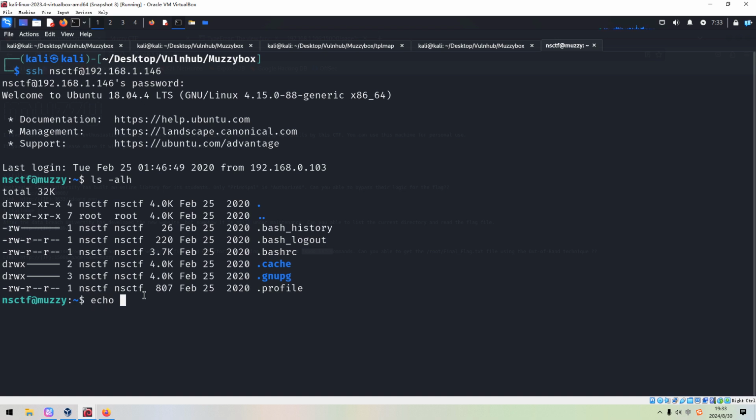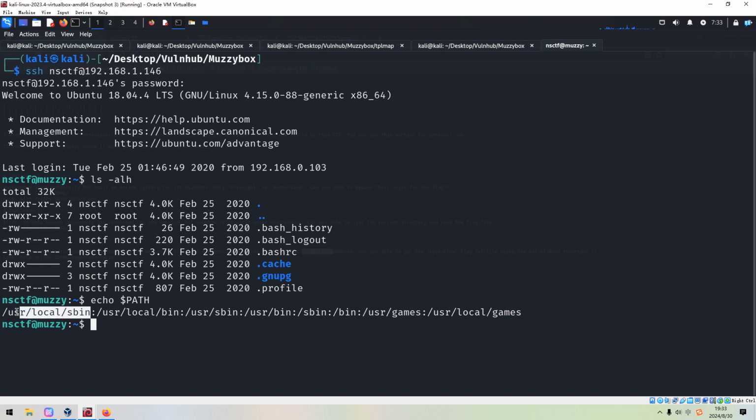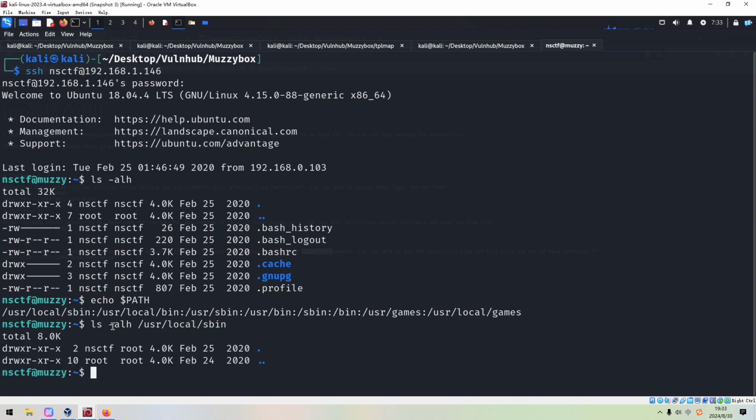We can echo the path. The first one is sbin, always this for the super user, then local sbin.